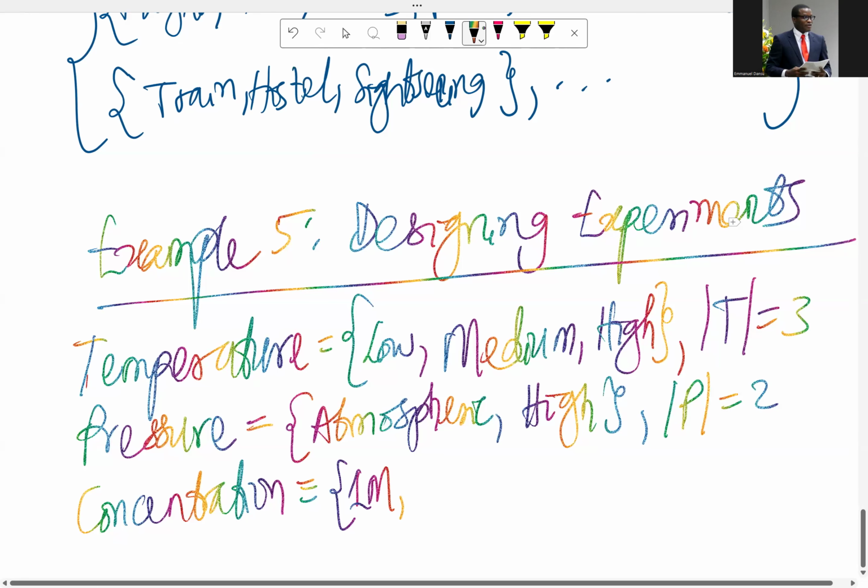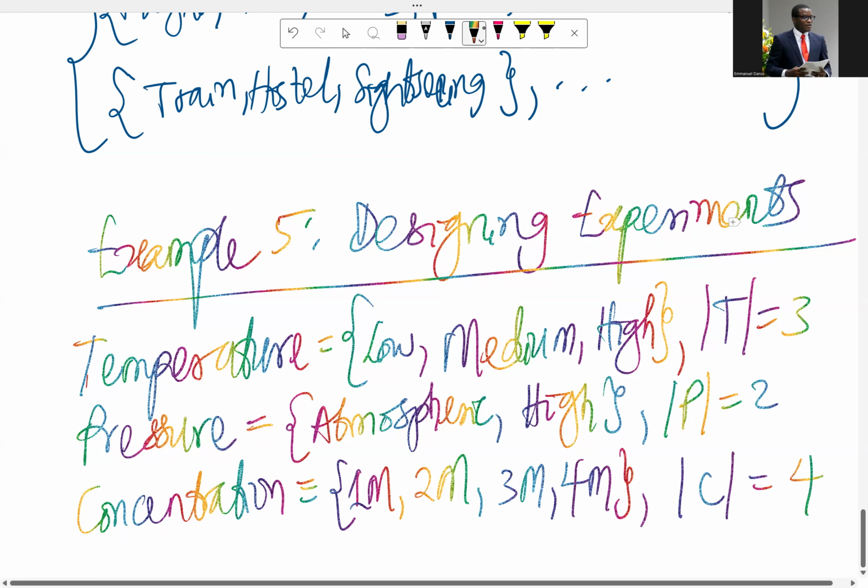Maybe 1 mole, 2 mole, 3 mole, and 4 mole, or whatever that is. The cardinality of that concentration is actually 4. So in this case, the Cartesian product gives you 24 unique experimental conditions,